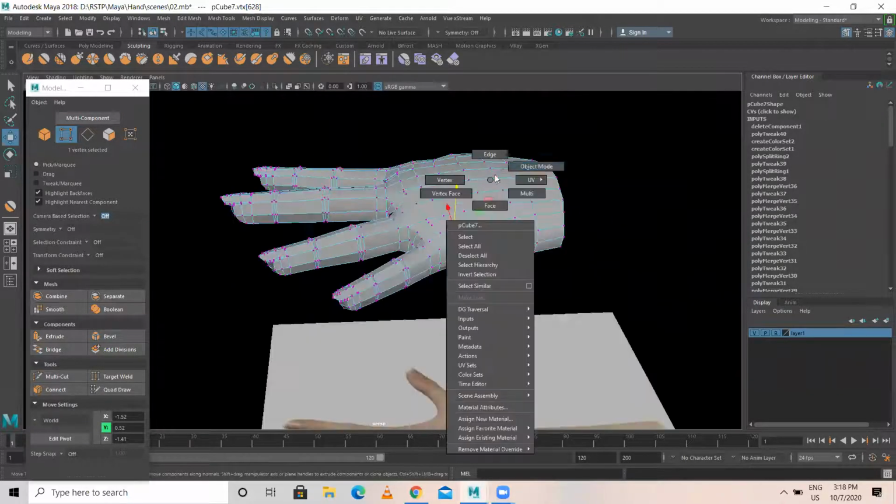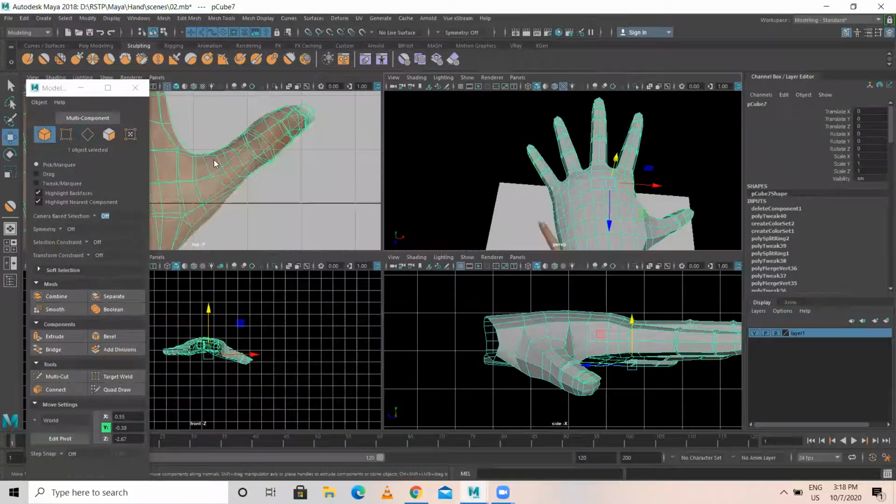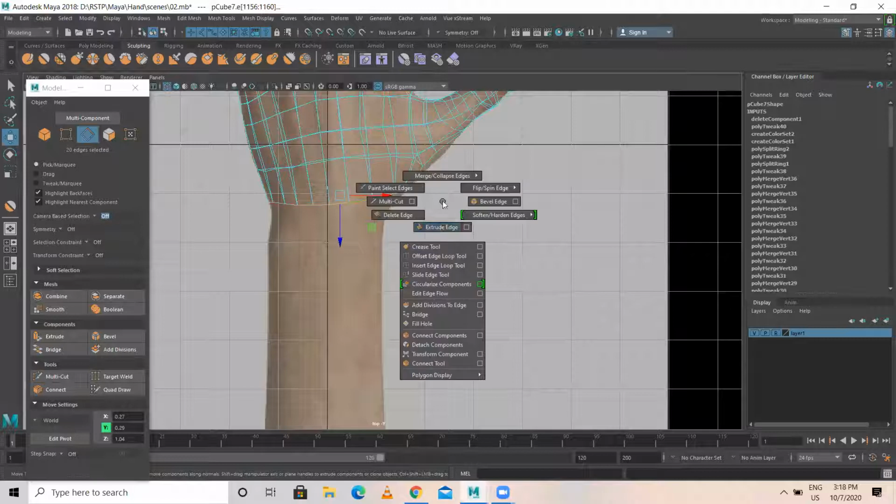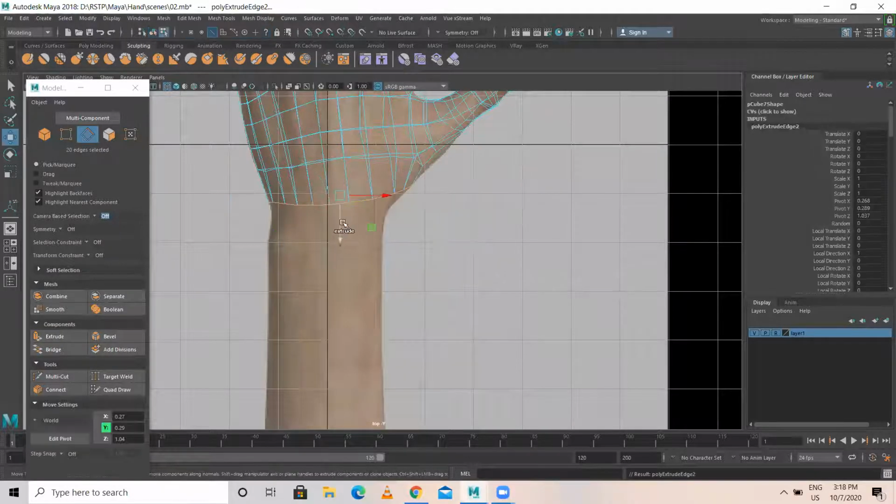Okay, this was done. So after this, double click on this particular edge, shift right click, extrude edge. Just one time you bring it over here, something like this, and you make this smaller.